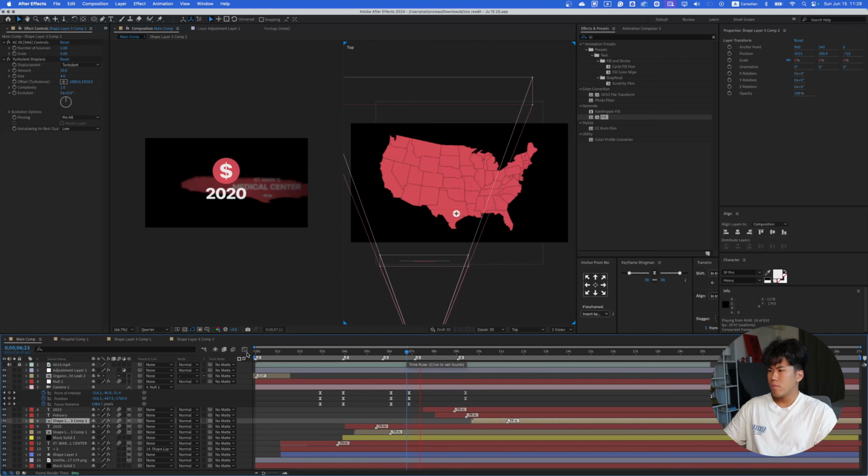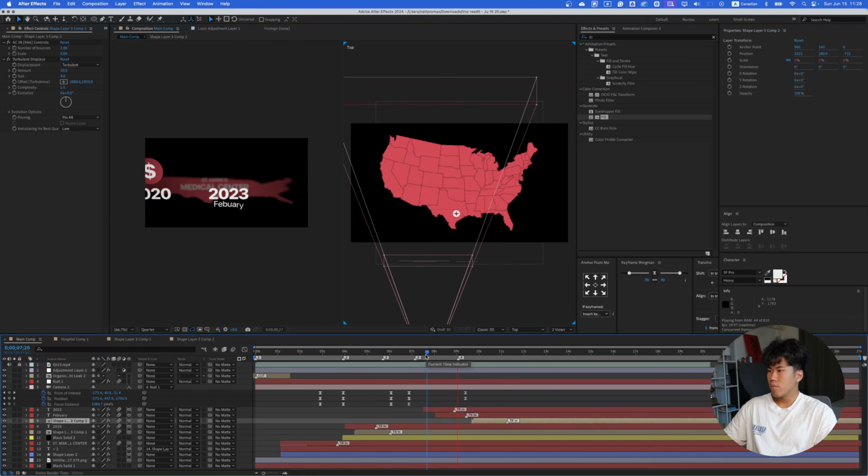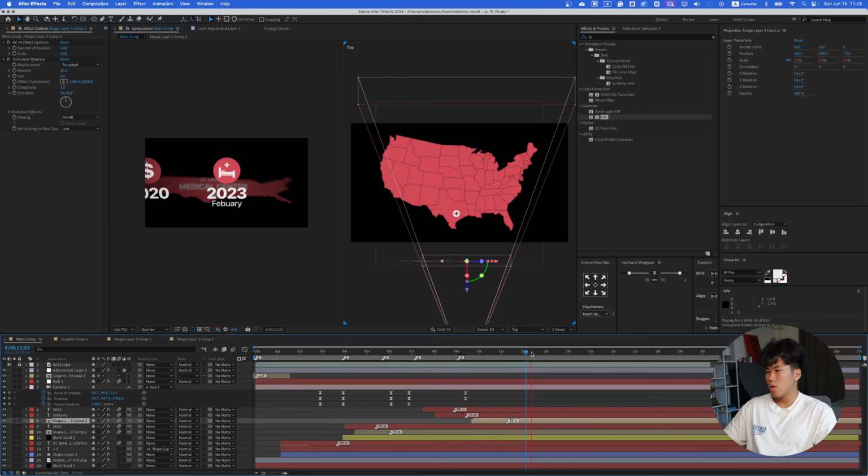In February 2023, the hospital board voted to shutter inpatient services, meaning overnight care, and cut